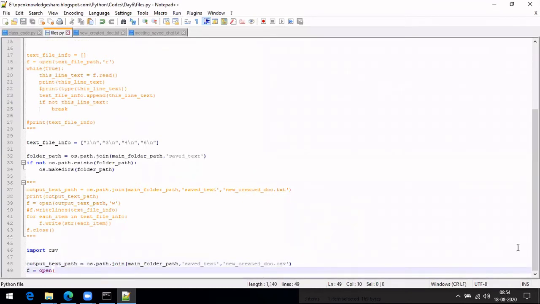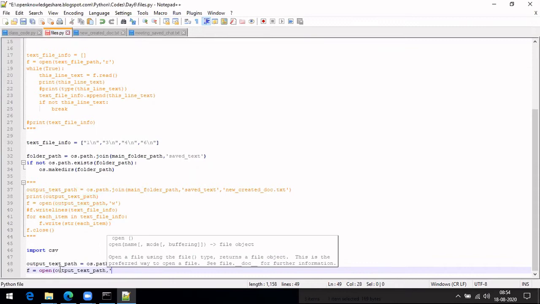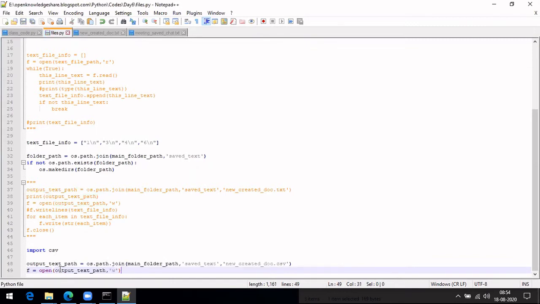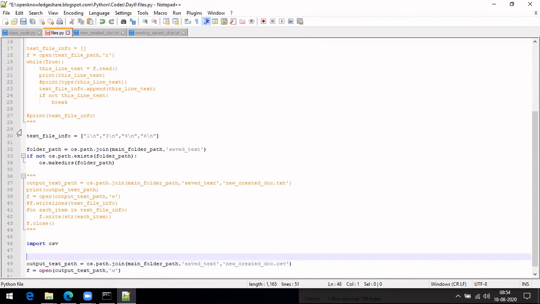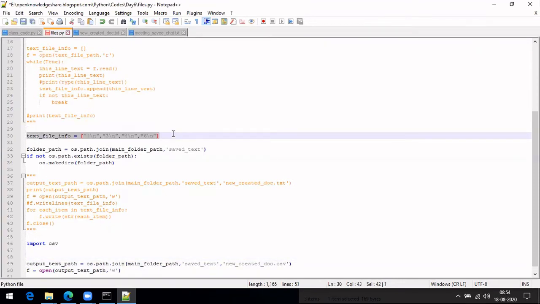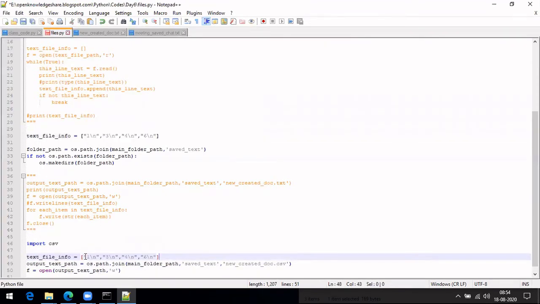Okay, and then again use the write mode here, and then you have a text to be saved, right? Let's say this is the text which you want to save. Let's not even keep this new line thing. Let me give 1 2 3 4.